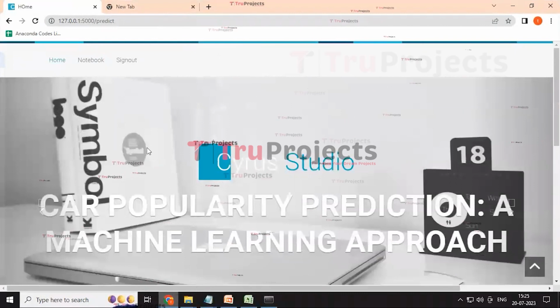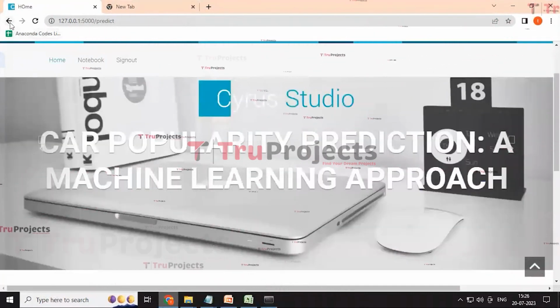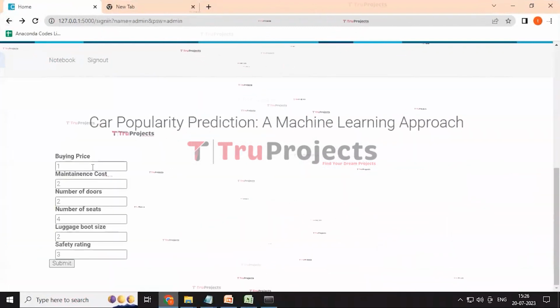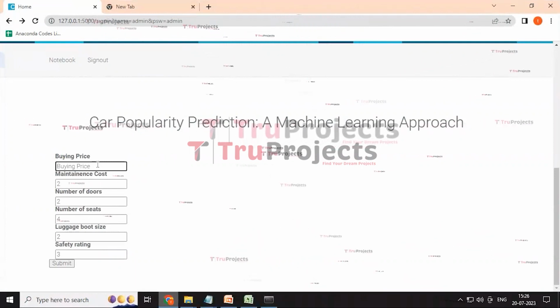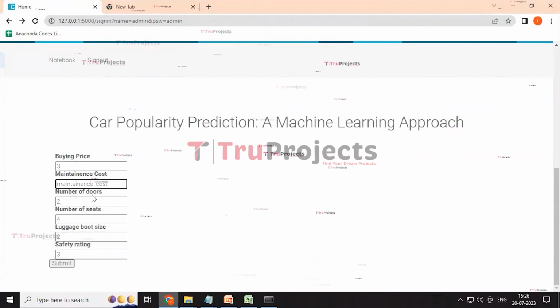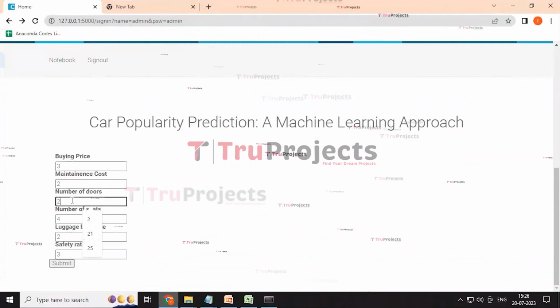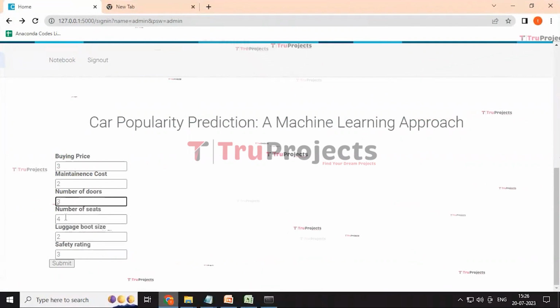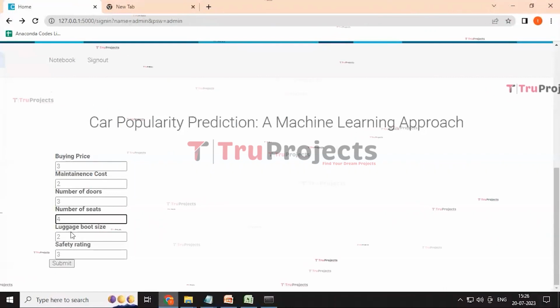And another time we click on the back button and re-enter the inputs, and I'm entering 3, 2, 3, 4.